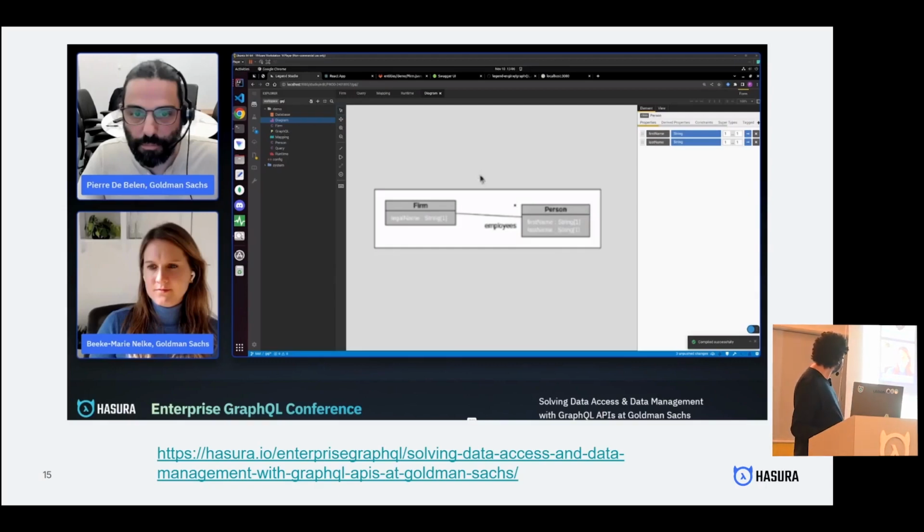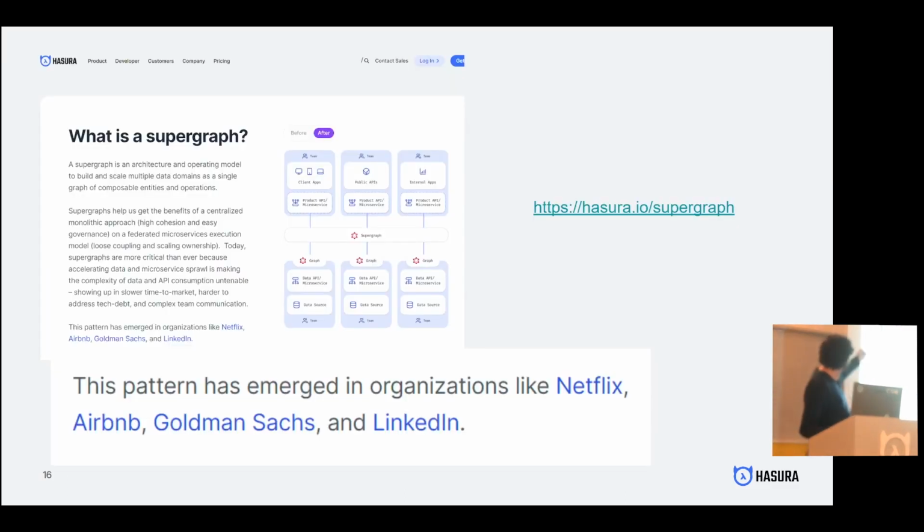What else can we do? That Supergraph is actually kind of cool because once you have that Supergraph set up, today we support GraphQL on top of it. But tomorrow we can support any API on top of it. We can support REST API on top of it. You can support something else, gRPC. So possibilities are endless once you get the domain modeling right. Here, Hasura.io/Supergraph, which has links to several other companies who've implemented this as their success story for GraphQL. So please check it out.